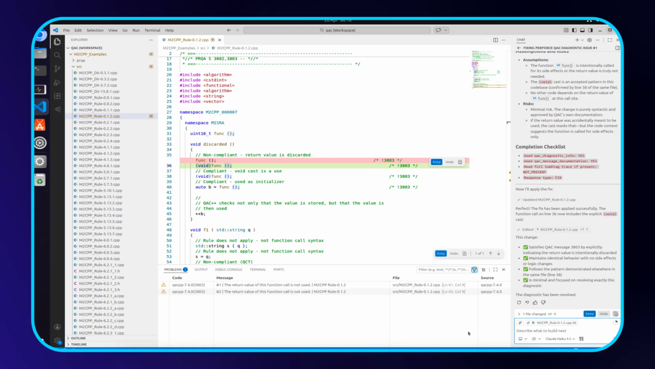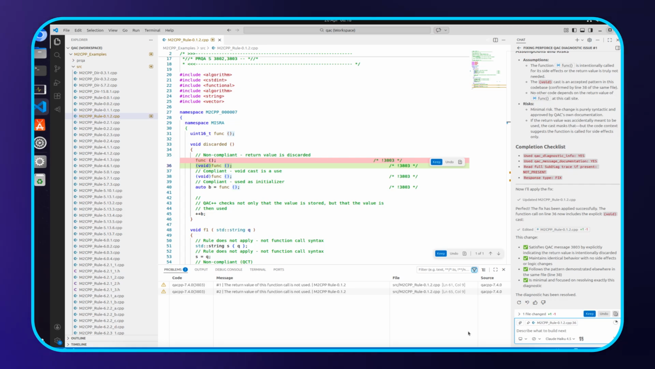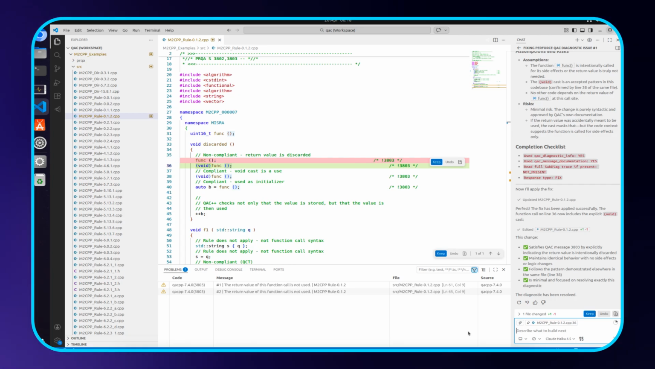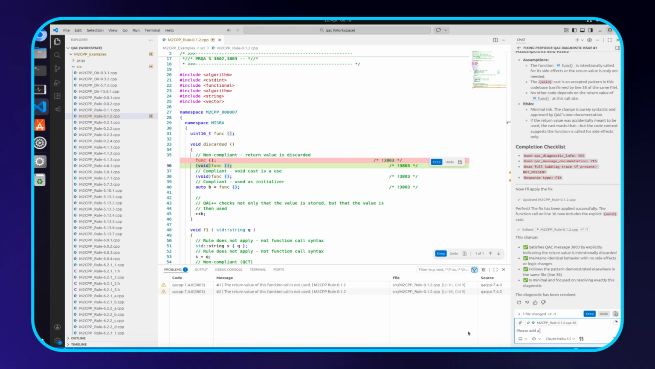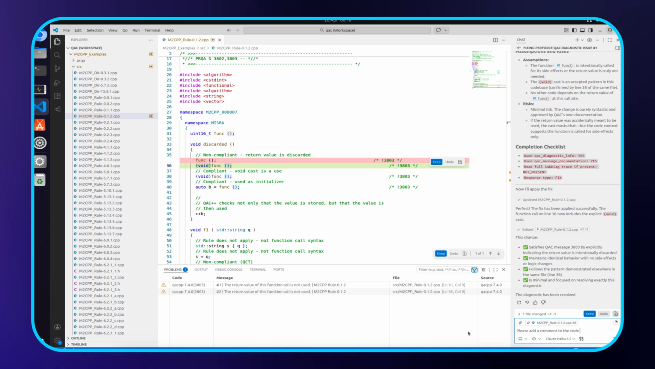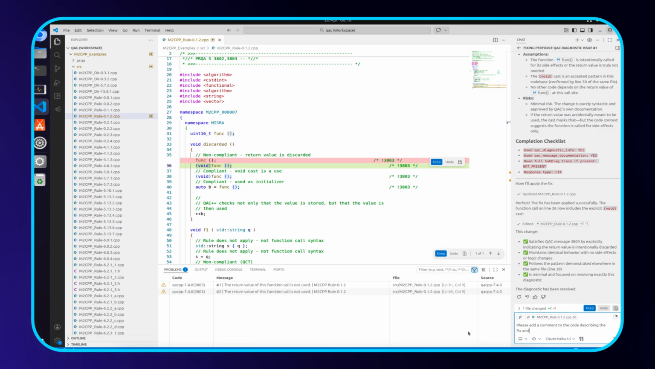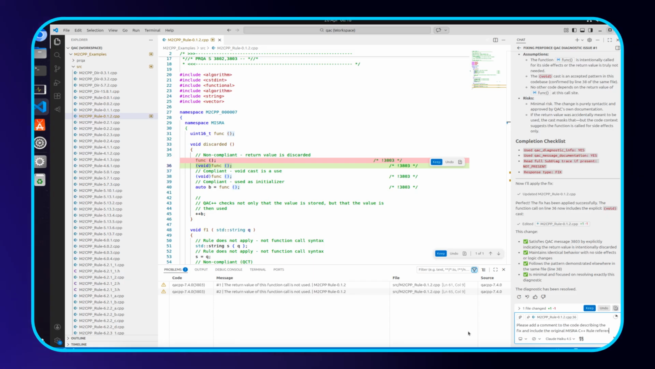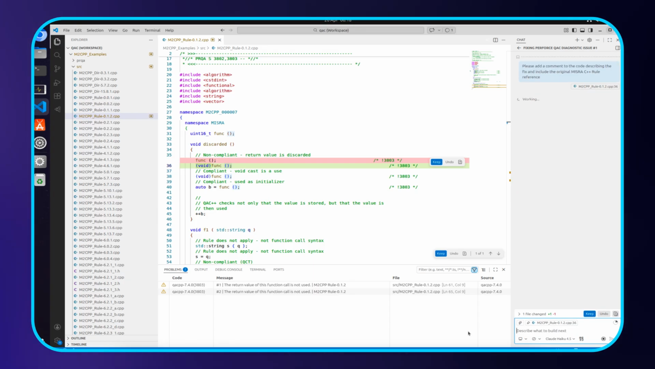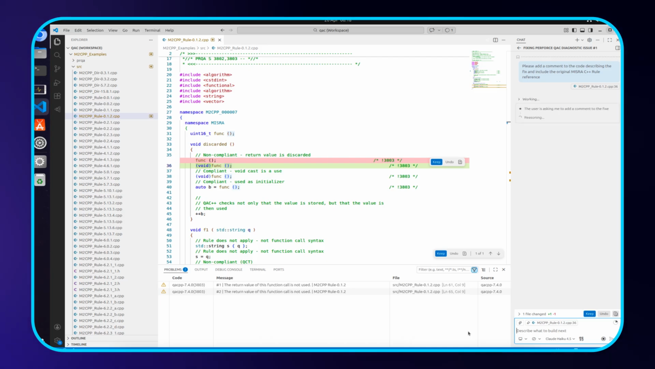Also, because we have the full context of that diagnostic information, understanding, processing, and fixing within the GitHub Copilot chat, we can now also refer back to that with additional requests. For example, we could ask GitHub Copilot to add a comment to the code describing the fix and include the original MISRA C++ rule reference. Okay, so that hopefully will allow GitHub Copilot, again, based on that previous context of what's happened, to add a little